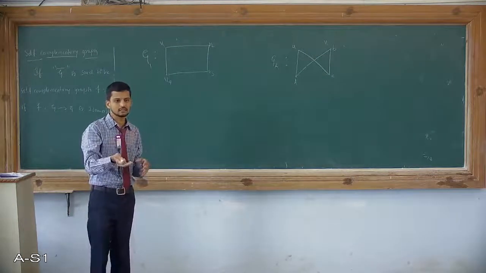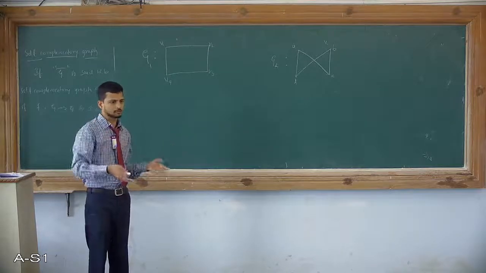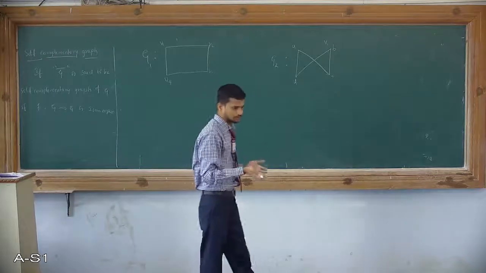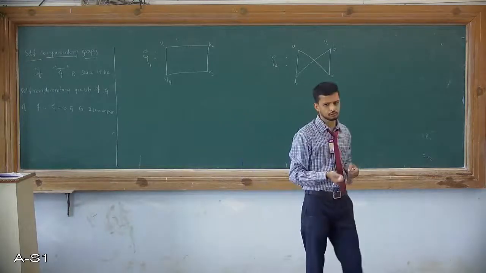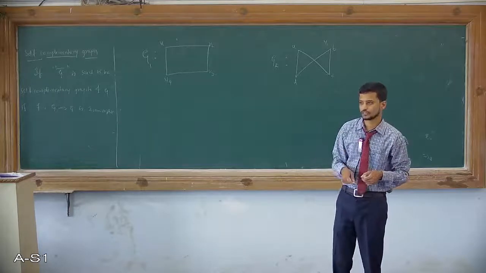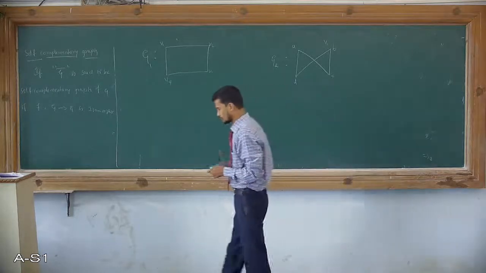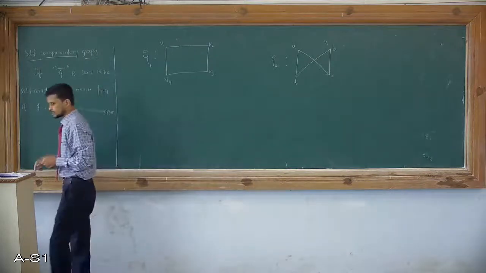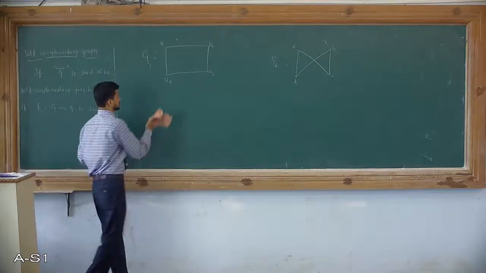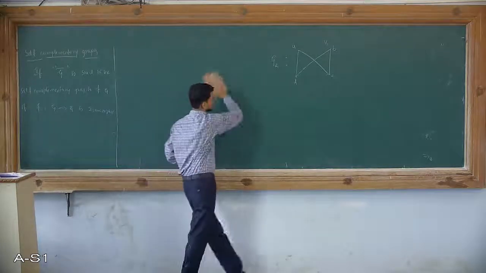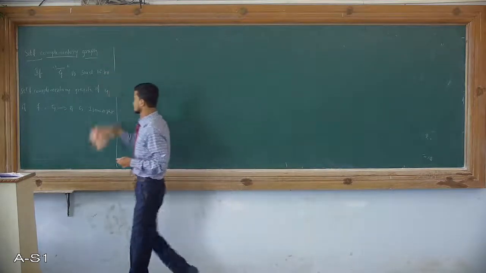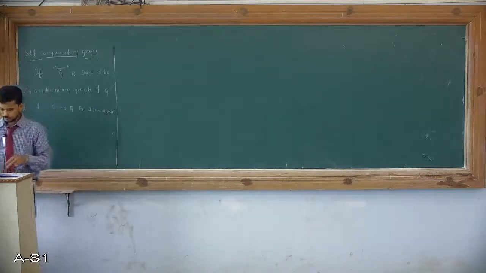On the other hand, if you take G bar as a complementary graph, sometimes they are not isomorphic at all. Only in a few cases is the complementary graph isomorphic to the original graph. At that time, we can say it is a self-complementary graph. So here G1 and G2 are isomorphic, but they are not complementary graphs. That's why I have given this example just for curiosity, not so important for self-complementary.